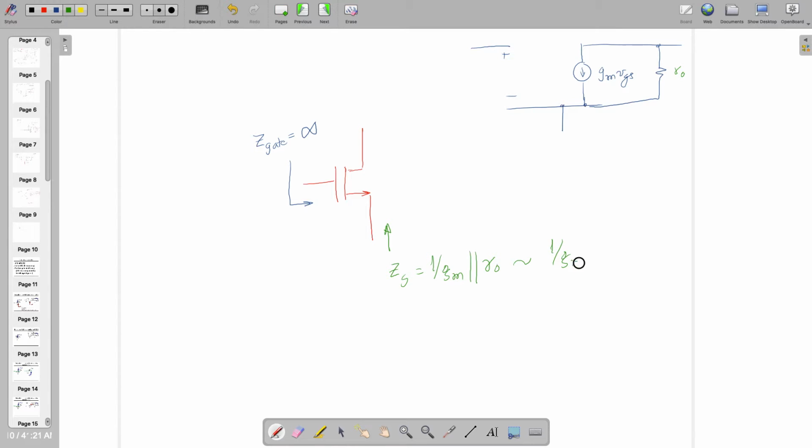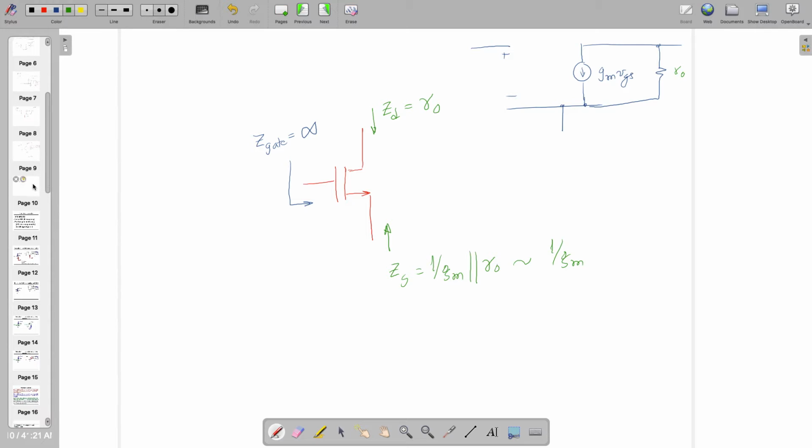The reason is 1 by GM is much smaller than R0, right? What about this one? R0, right? Is there anybody who has a problem in understanding this one? Because in the book, the next page is talking about a MOSFET. Okay, before starting anything, you should know these things. Okay, if there is no problem,